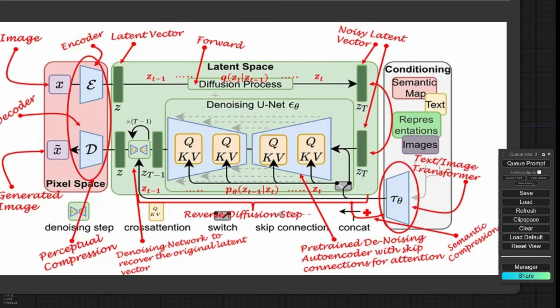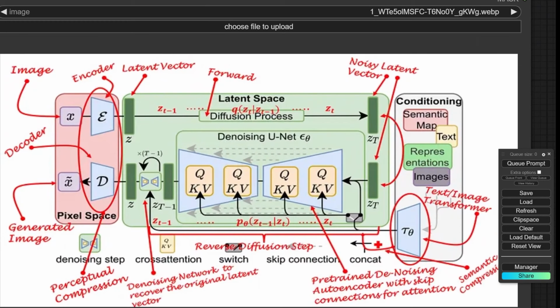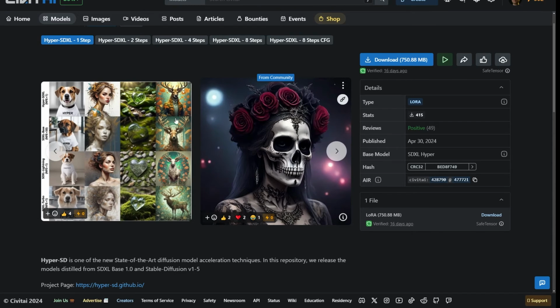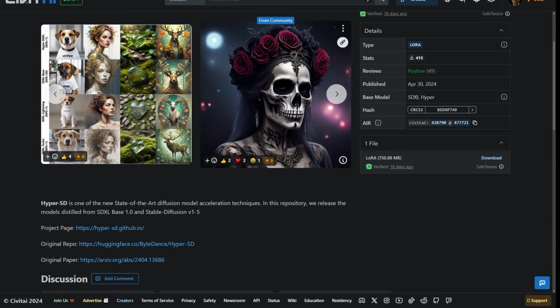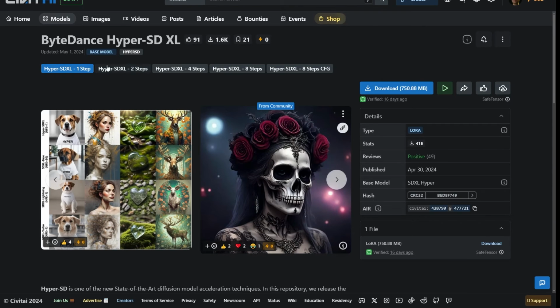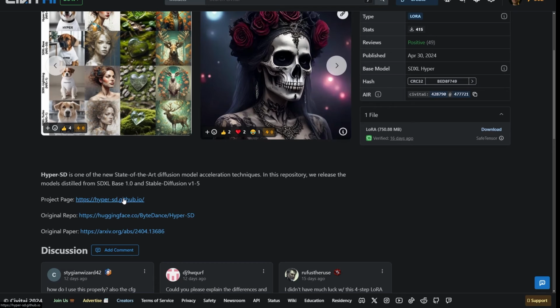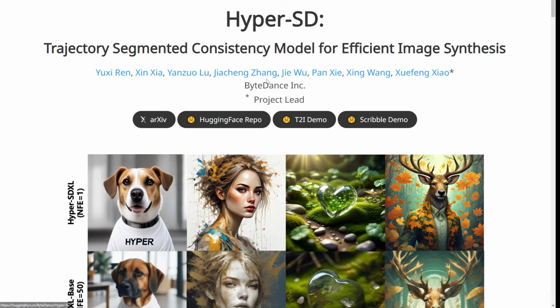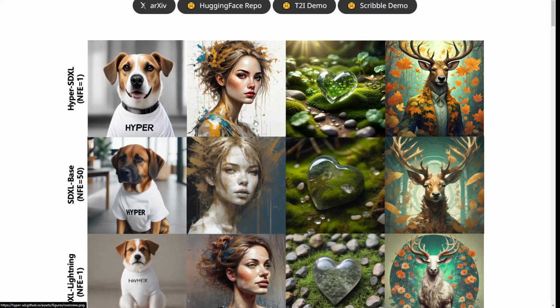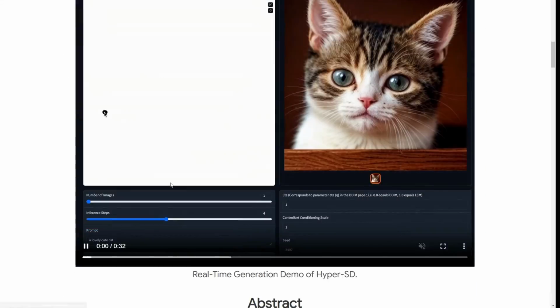And this is the reason that you can add something like HyperSD as the LORA. For downloading the LORA, you can select the LORA model that you want from here and click on the download. But I prefer to go to the GitHub page,